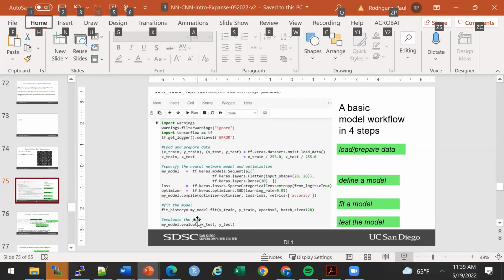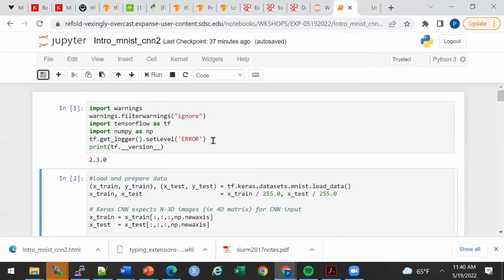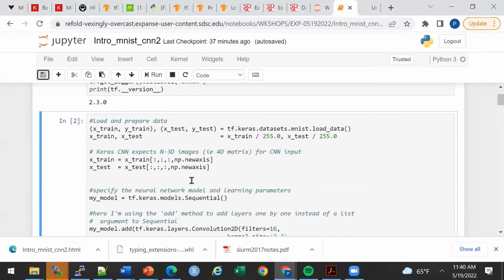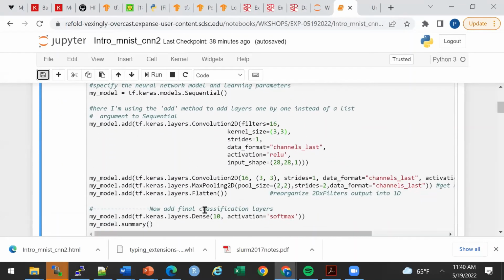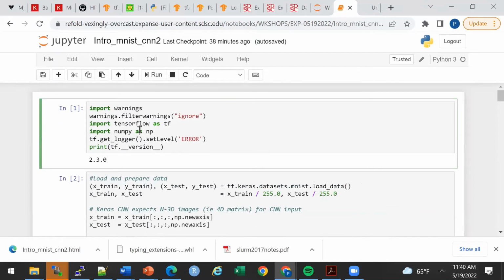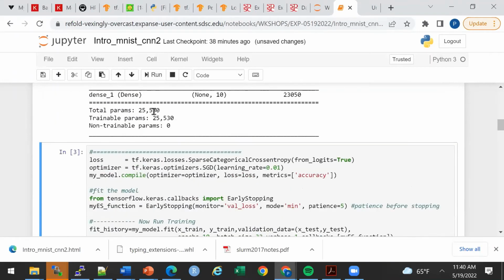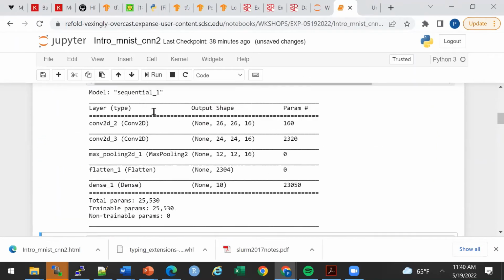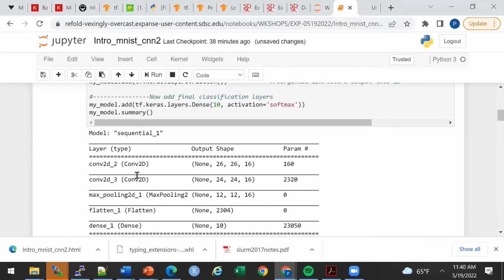Let me switch screens and show, let's see, where am I? Here it is. Okay, so here I have the MNIST program. It's the same one I was just showing you in the slides. It creates a sequential model, sets up a couple convolution layers, there's a max pooling layer, you flatten it, and then you do a classification layer. So I'm just going to run everything here. If you're familiar with a Jupyter Notebook, every time you hit run, it moves you to the next cell.